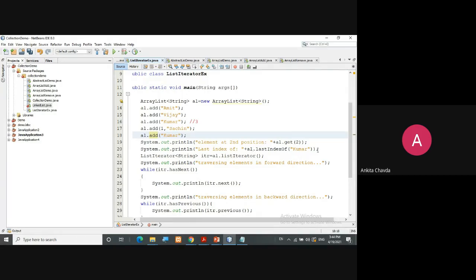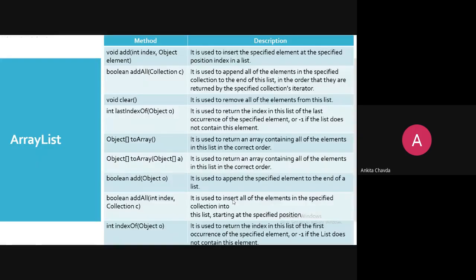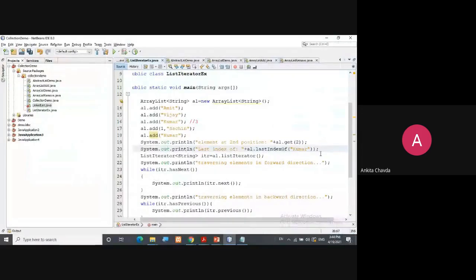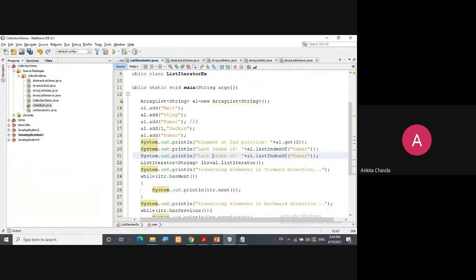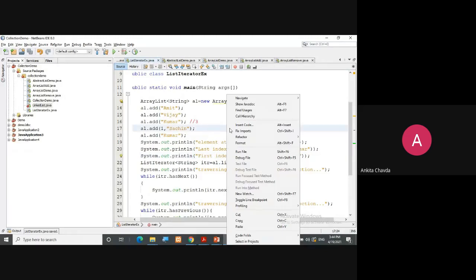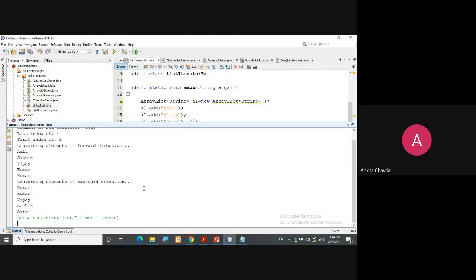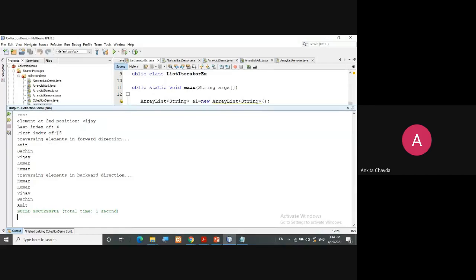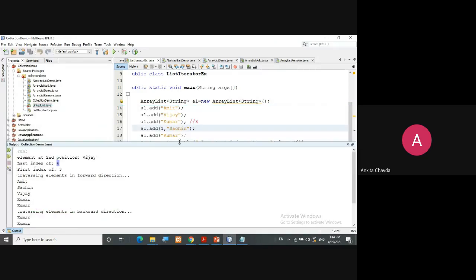So it gives me the last index of it. Or you can even try indexOf, only indexOf Kumar, but it will return the first index of that. Let's check. So the first index of that particular element is 3 and the last index is 4.